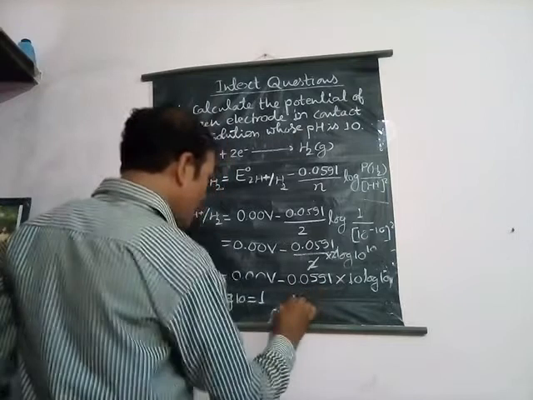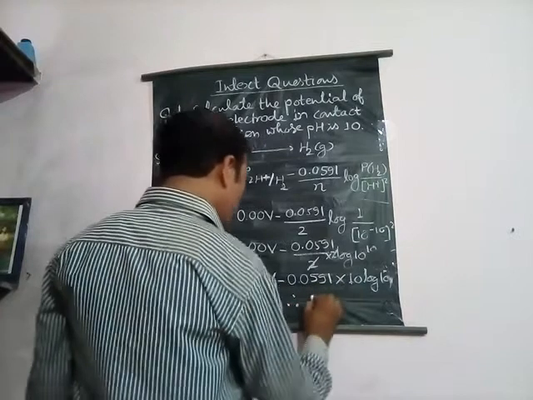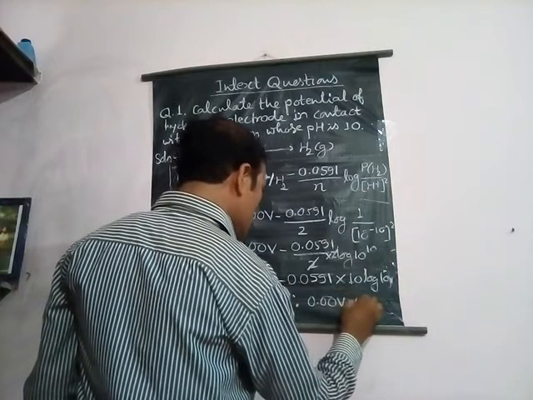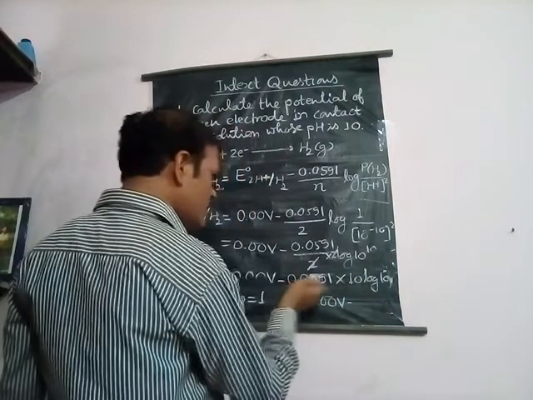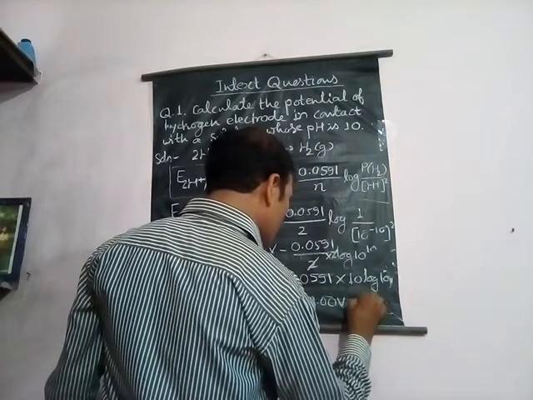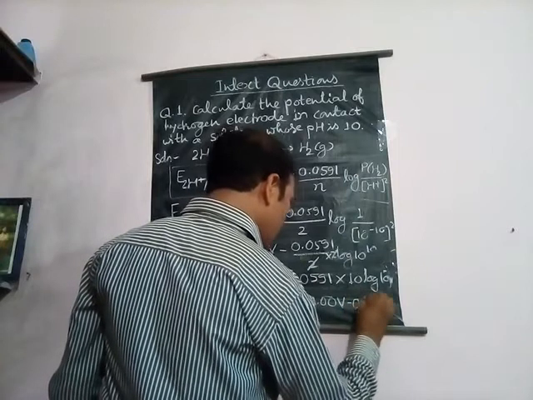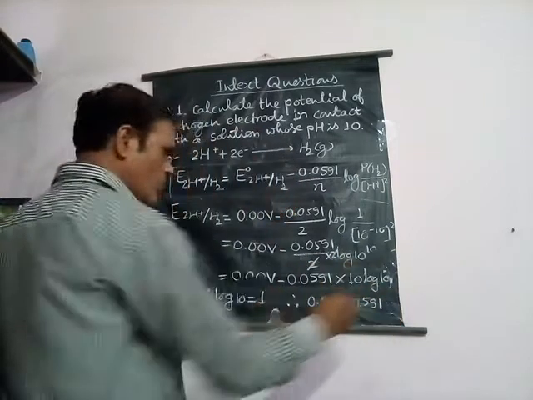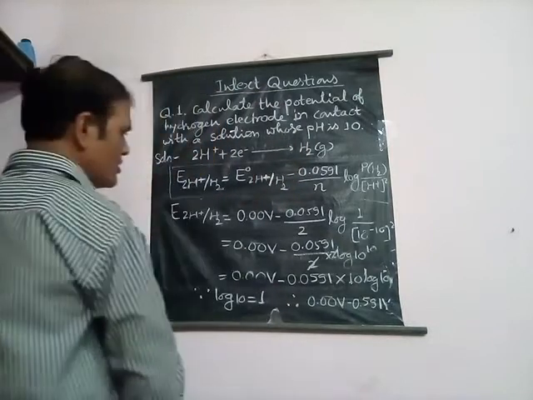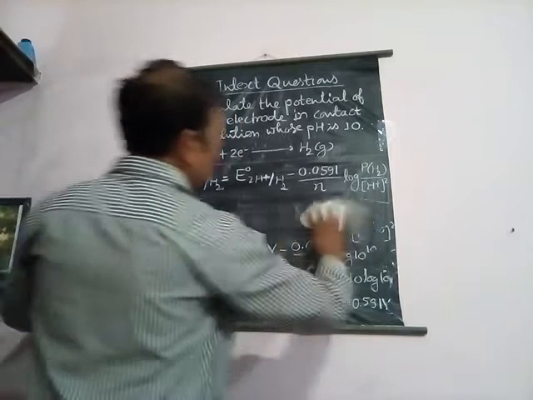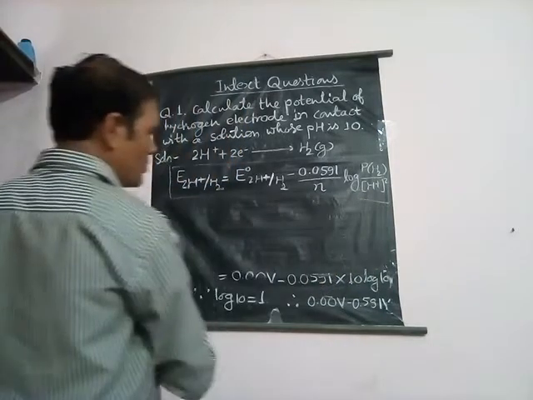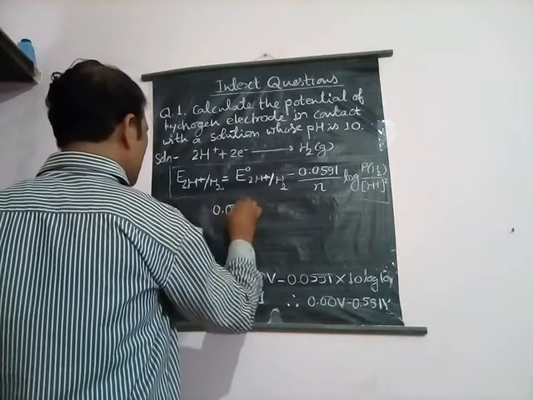So we can write 0.00 volt minus 0.0591 multiplied by 10. So it will give you 0.591 volt. Now this value will be equal to the electrode potential of the standard hydrogen electrode. So we subtract this value,